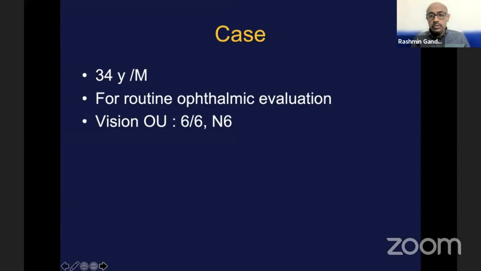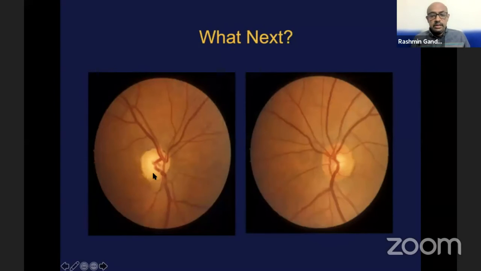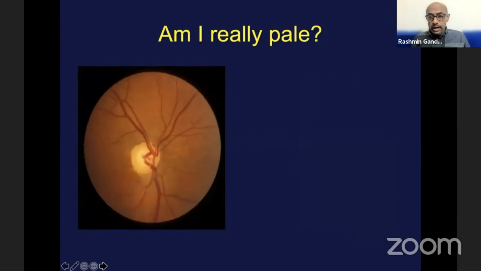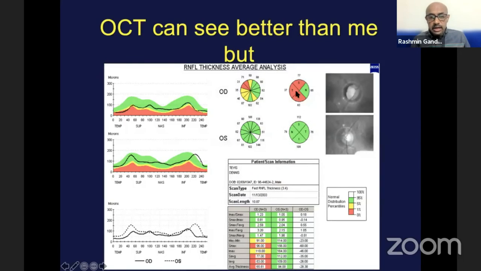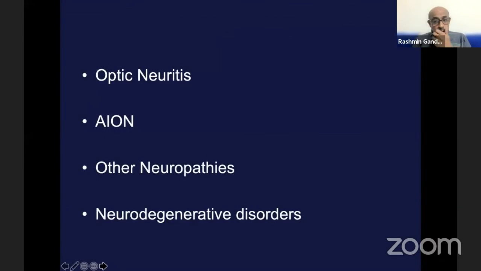Another important use of OCT would be when somebody comes for a general ophthalmic evaluation, and suddenly you find that the optic disc looks a little suspicious. Of course, you would rely on the optic nerve function test, but OCT can also help you here. If the patient has thinning, then you know that the patient had some insult which led to neuronal loss in that eye. There are other uses of OCT, like optic neuritis, which can show an increase in average RNFL if the patient